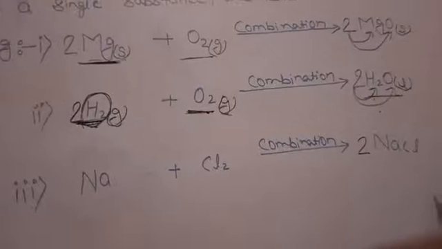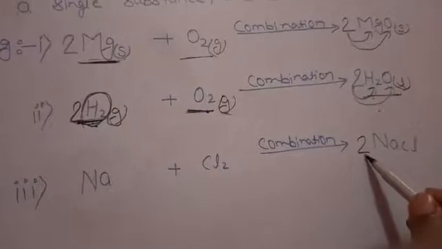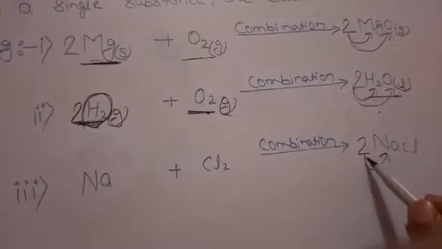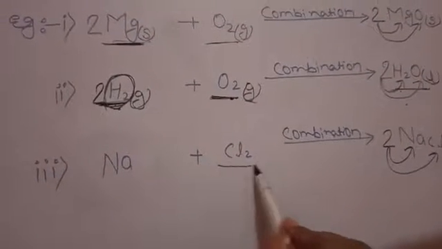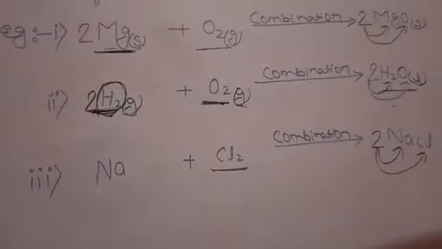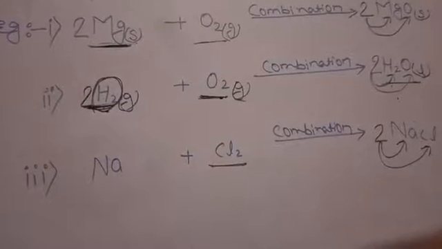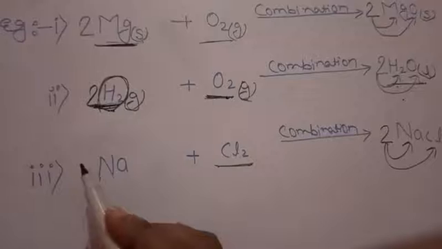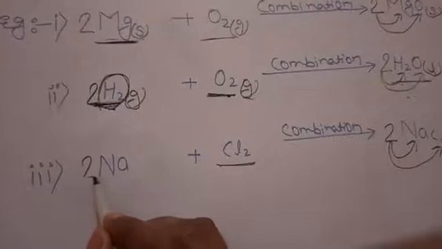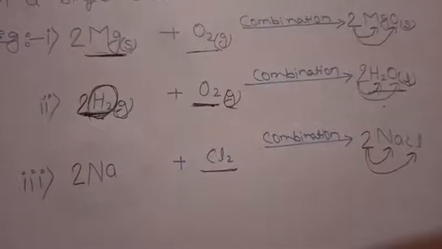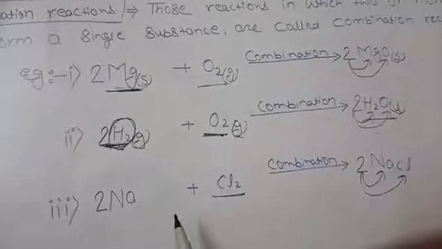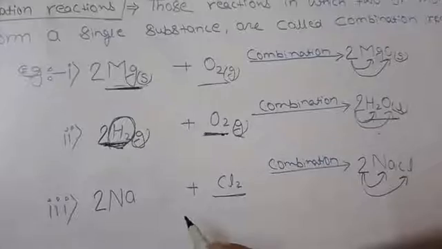Now we will multiply on RHS by 2, so what you will get is 2 atoms of sodium and 2 atoms of chlorine present. Now in LHS it is already 2 atoms of chlorine, but if we talk about the sodium, to make it 2 atoms we should multiply here by 2. Now it is balanced.